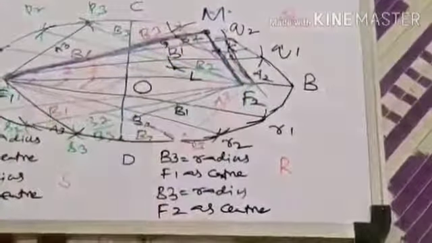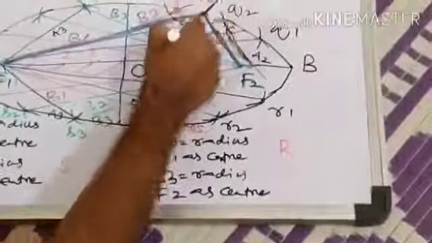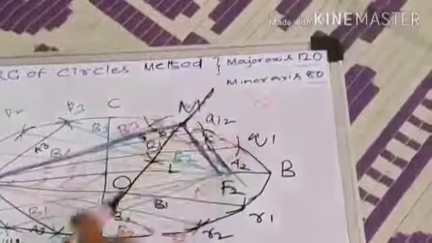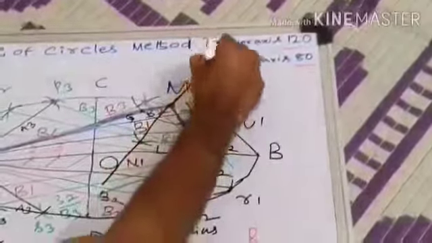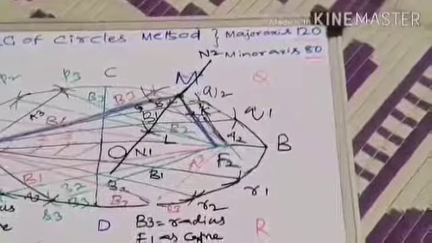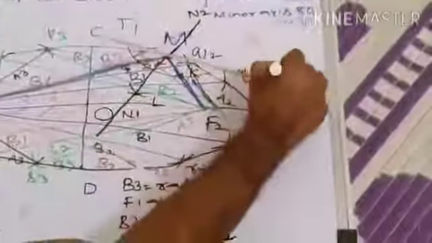This is going to be L. Now how to join the points L and M? This is going to be the perpendicular bisector for this respective acute angle. This is going to be a normal N1 and N2. Perpendicular to this N1 and N2 line, you have to draw a perpendicular which is going to be its tangent, T1 and T2. So this is the procedure for the foci method.